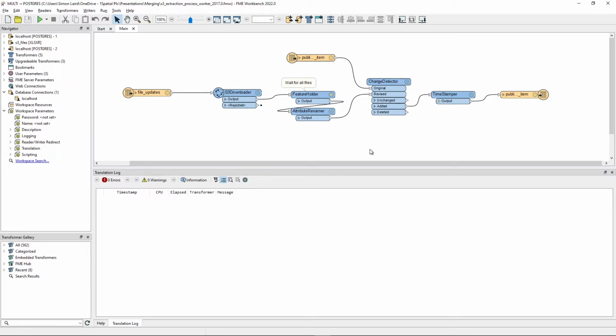So here we are in FME 2022. We've got an example workspace here that I'll just step through now as to what it does. On the left, we have an Excel file to start off with. This Excel file lists out a series of files that have been loaded into S3. And what this particular workspace does is it looks at that Excel file, which tells us what data has been